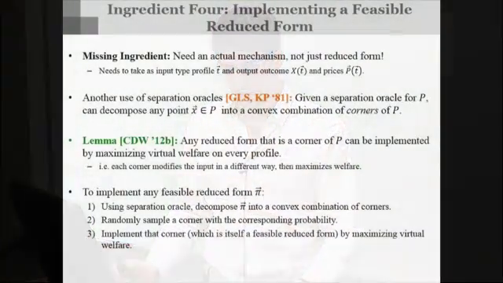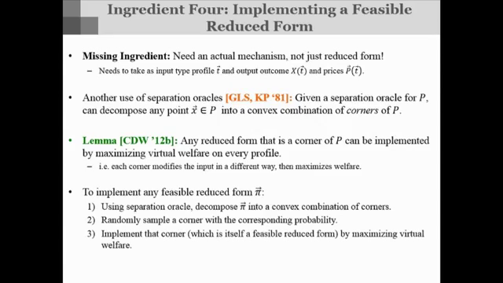So now when you combine these three ingredients together, this says that if you have a polytime algorithm that can optimize virtual welfare, you can go back through ingredient 3, then 2, then 1, and that will give you a polytime algorithm to find the optimal reduced form. Okay? So something is still missing. I told you that there's an algorithm to find the optimal reduced form, but a reduced form is not actually an auction, or a mechanism, because I threw away a lot of information. So what I need is an actual mechanism that can take as input a profile of types and output what to do. It can't just be the case that everyone shows up and says their types, and then I say this is the reduced form of what I'm trying to do. I actually need to do something.